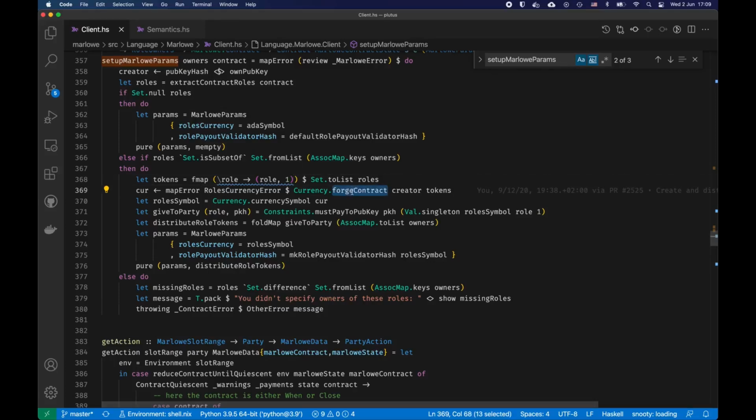Then we use this forge contract function. That's essentially us reusing other PAB contracts. This one is from the currency contract that creates a new currency, and all these tokens go to the creator. So whoever creates a Marlowe contract initially gets all the roles for this contract,